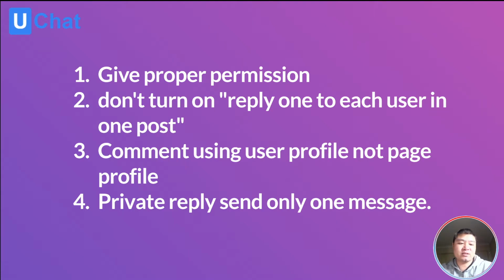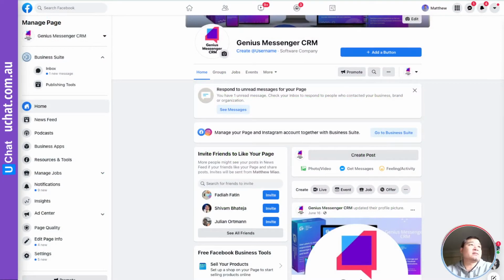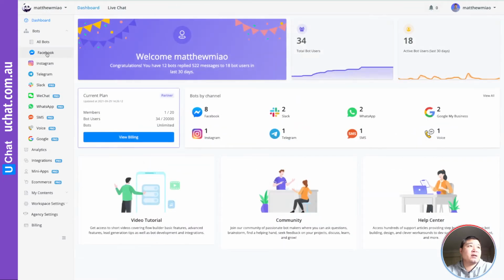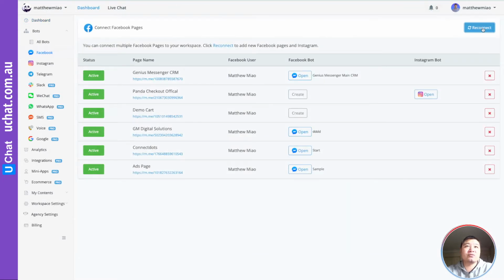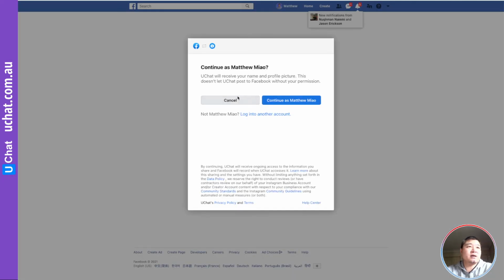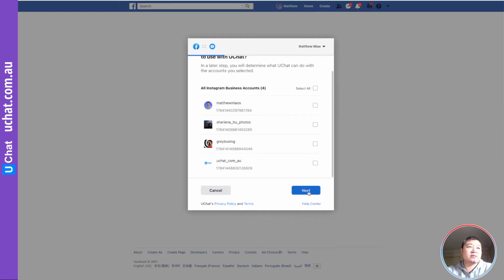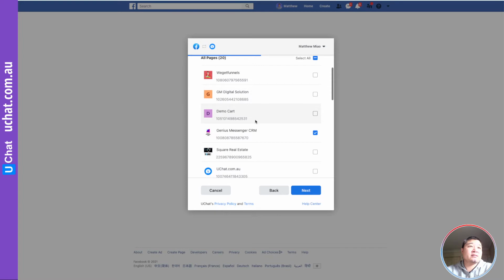So let's go to UChat, and let me connect this page again. For example, if I go to reconnect, and I will continue, and this is Instagram, so we will just skip. And this is the page we are interested in, right? For example, this is the sample page we are going to connect. So if you click this one,